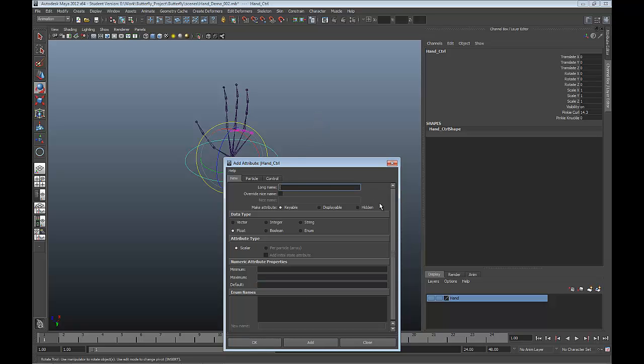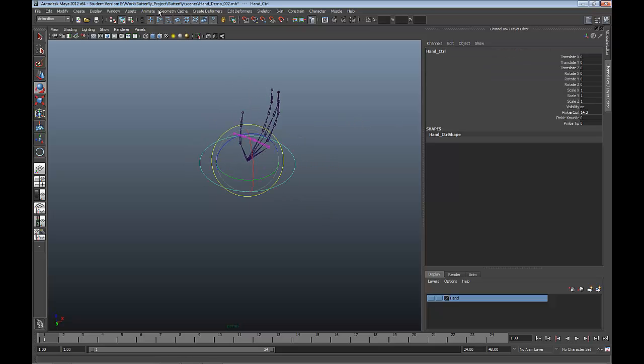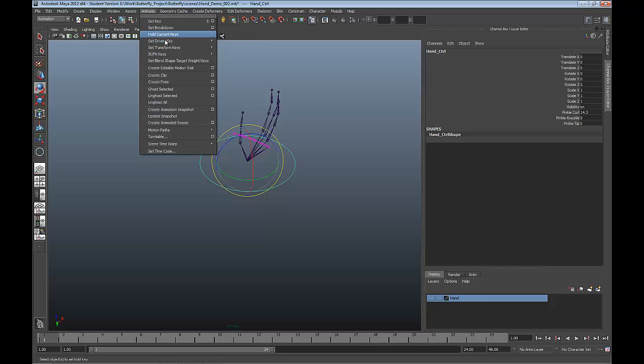And I'm just going to hit add, and then I'm going to do pinky tip. And I'll set this to -5 as the minimum. Set this to 20 and default at 0 also, and hit OK. So now I have some more attributes to work on, and just going through the process again, I can open up my Set Driven Key window,